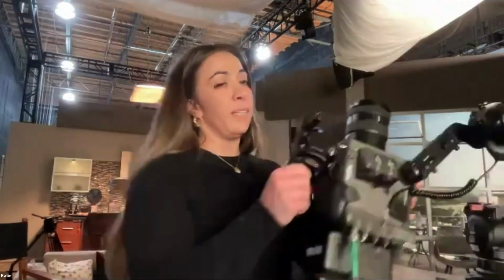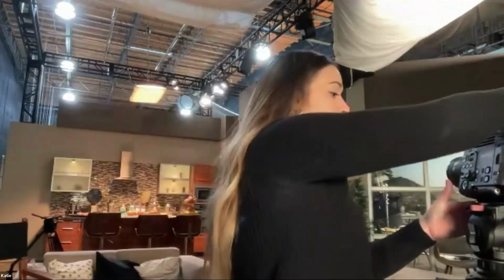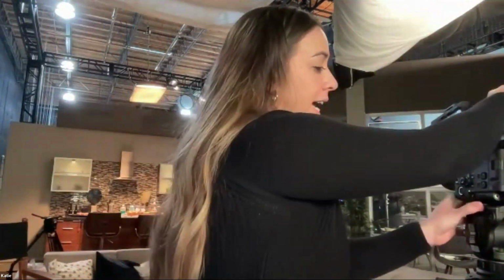And there was no one good answer for image stabilization. If you're in standard, if you're in low, you're doing a PL, you're doing E-mount, there are just so many options. It gives you so much flexibility in every shooting situation. It is quite interesting to see how everyone approaches it and how they operate with each one. And then Katie, before we move on, can you do that kind of shaking test while it's on